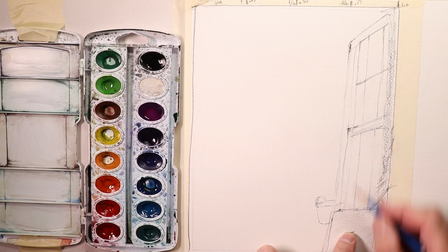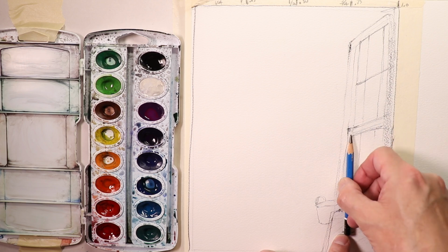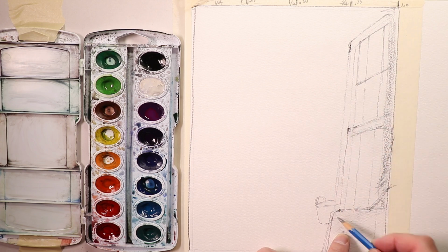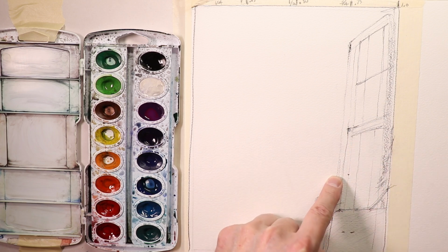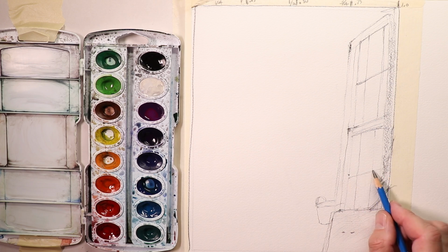Then between here and where my small dash line I make, that's the full sash here. So that's about halfway. So let's look at what's halfway between here and here. About here. So then we do that. We take it and we make our...